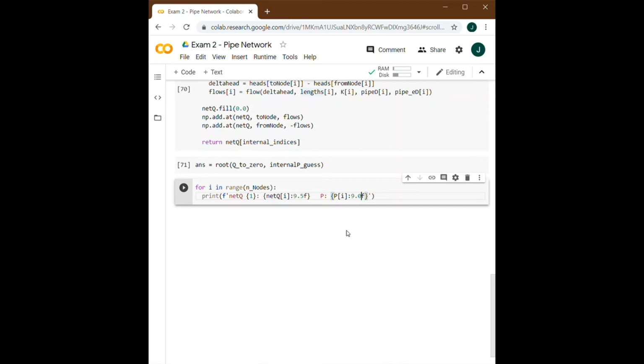Probably in the hundreds of thousands, because atmospheric pressure is already at 100,000 pascals. So we know that the number is going to be pretty big. Then we're going to print just an empty line to space out our two